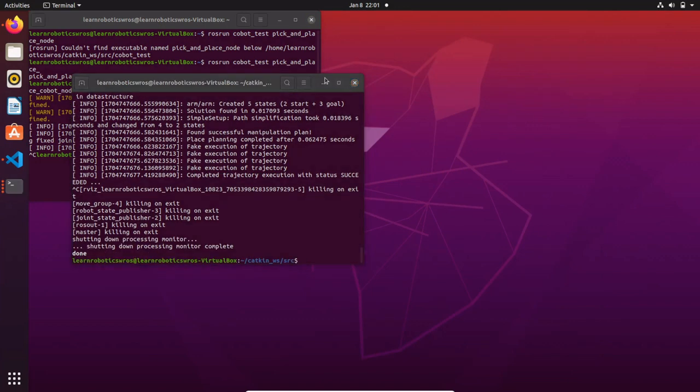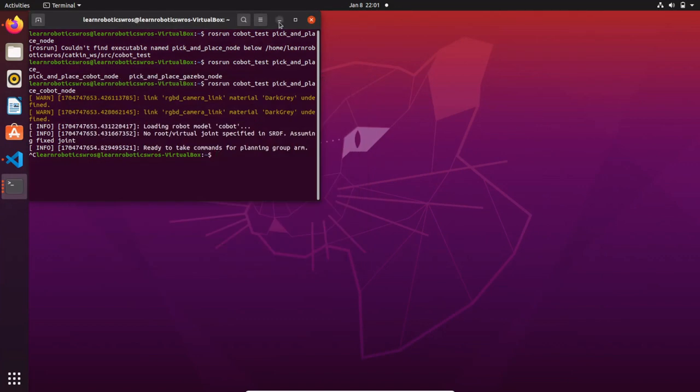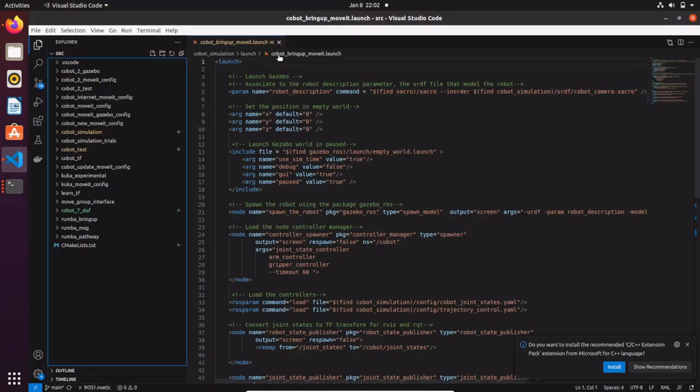Okay, so now what we're going to do is refresh how to update our MoveIt package and the cobot simulation package in order to make a good interface between the MoveIt package and the Gazebo world, where in between we are going to run our C++ code of a pick and place application. So first of all, let's open